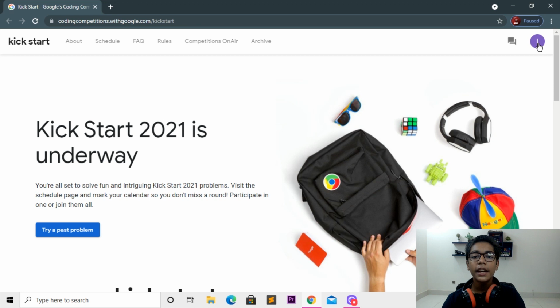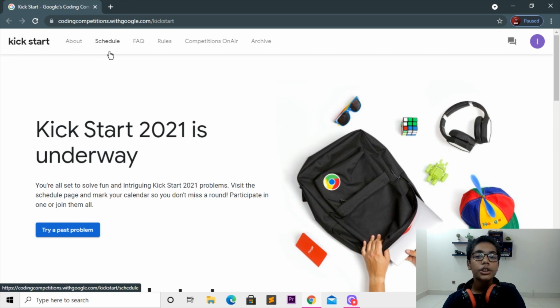So it will be just a random logo, or if you put your picture, your picture will also come here. Then you will also get this message tag and many other navbar tabs here. You can just move on and learn about that here. You can go to About and check what things and questions you will be getting in your competitions, and you